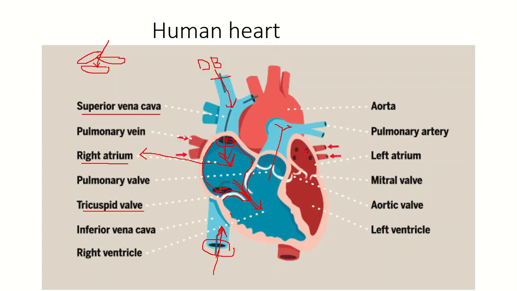So here you can see that again we have valves. Okay, so what is the function of these valves? These valves will basically stop the backflow. It means if the pressure is high, the blood will not come back. So these valves will open and the blood will enter into the pulmonary trunk. Here the pulmonary trunk branches into two main parts. One part will move into the right lung, and the second part will move into the left lung.